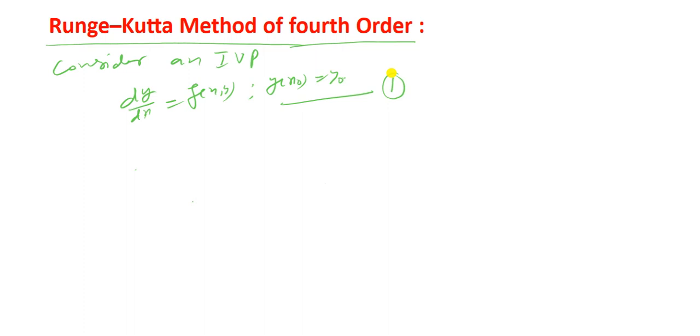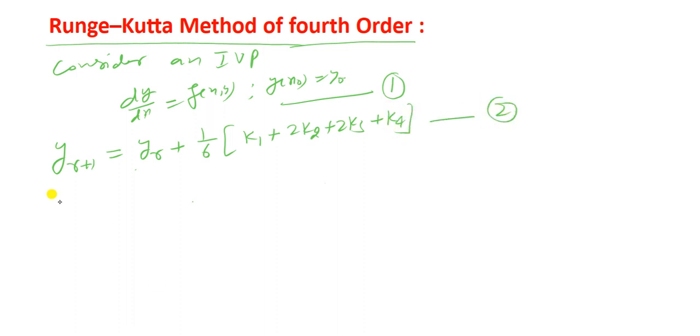So, by applying Runge-Kutta method of fourth order, we find an approximate solution for the initial value problem 1. So, y_{r+1} is equal to y_r plus 1 upon 6 times of (k1 plus 2 k2 plus 2 k3 plus k4). This is equation 2, where